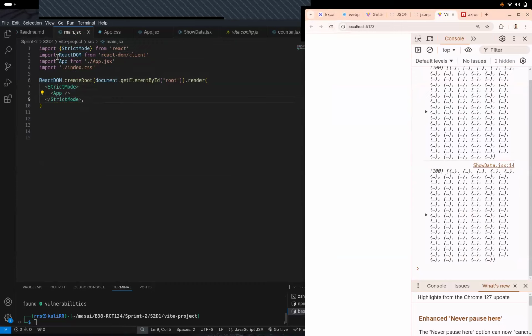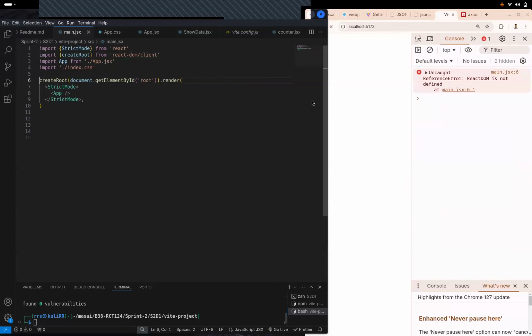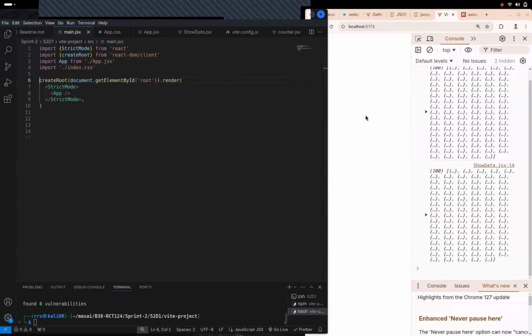ठीक है. Similarly, this React DOM is an object that is being imported from here. तो React DOM से we are using create root. So what I can do, I can just destructure it and get the create root directly. So now I won't have to write that again and again. अभी भी your application will stay. ठीक है. वो उन्होंने ऐसा किया क्यों नहीं? Why they didn't directly destructure it? Because we are just using these things only once. Right? So if you're using it once, why does it matter कि वो destructured है या नहीं है? Getting it? So again, if it's an object, it can be destructured. Don't worry about that.